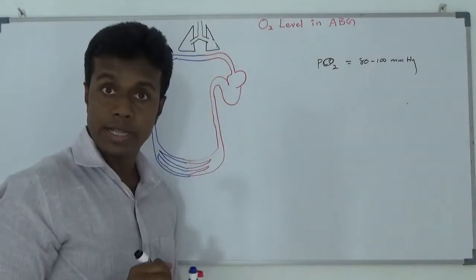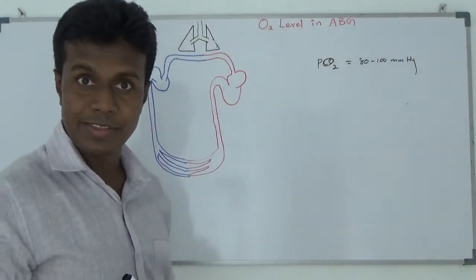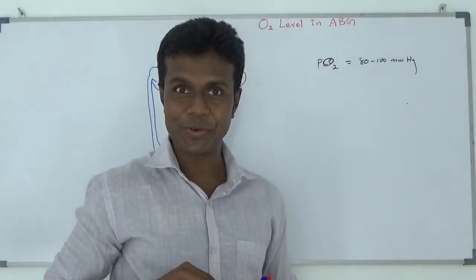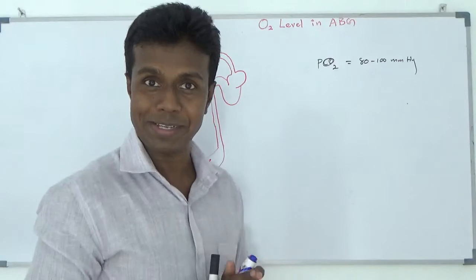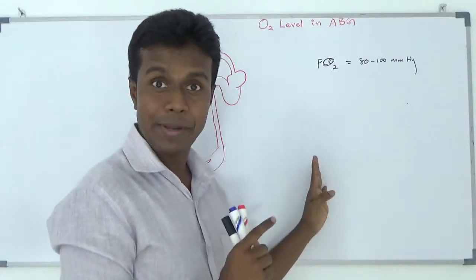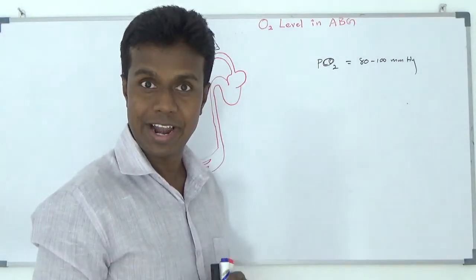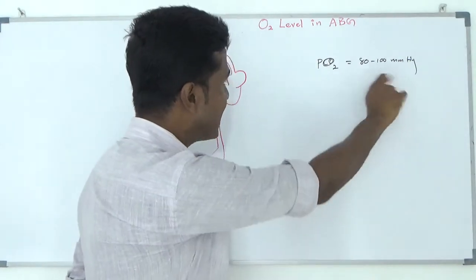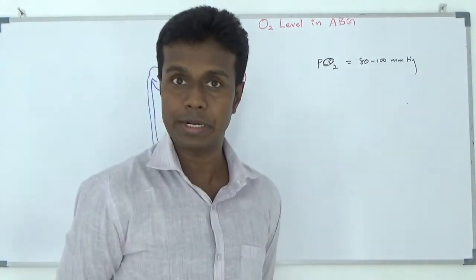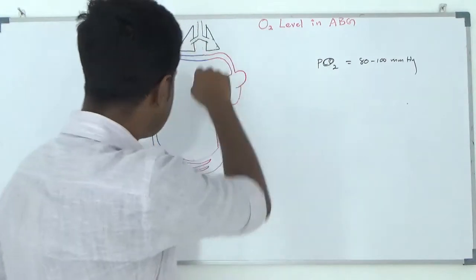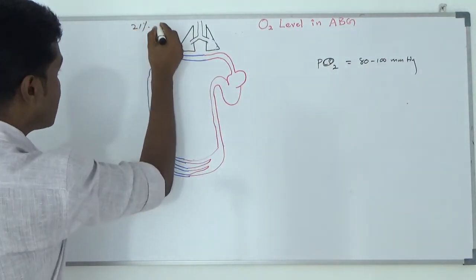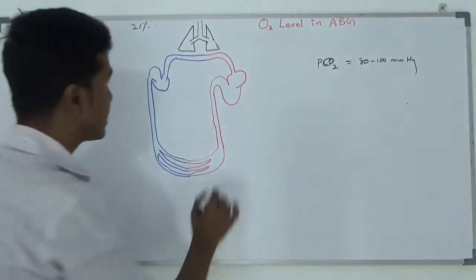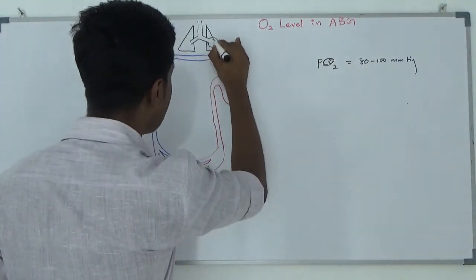If you are a healthy normal adult, you can ask what is the point of doing an ABG in a healthy normal adult. But for the experiment purpose, if you do an ABG in a healthy young adult, the arterial partial pressure should be somewhere around 80 to 100 millimeter mercury. That person is going to inspire 21% oxygen, the 21% oxygen in the atmosphere. Alveolar partial pressure is roughly about 100 millimeter mercury.